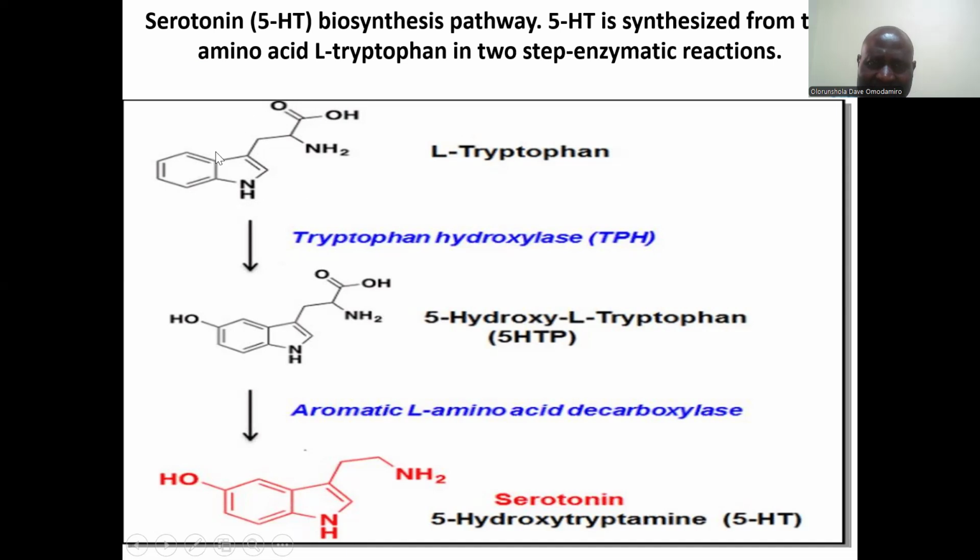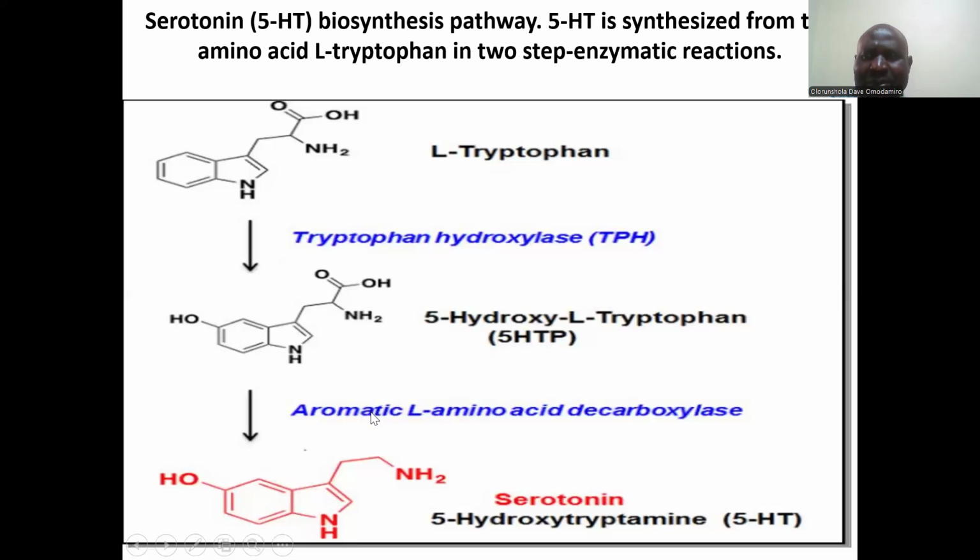This is the L-tryptophan, which undergoes hydroxylation under the enzymatic action of tryptophan hydroxylase to produce 5-hydroxytryptophan. This 5-hydroxytryptophan will undergo another enzymatic reaction by the removal of carbon dioxide through the process